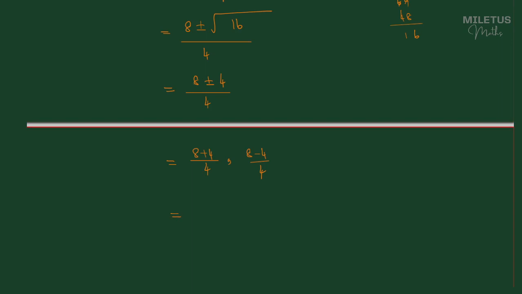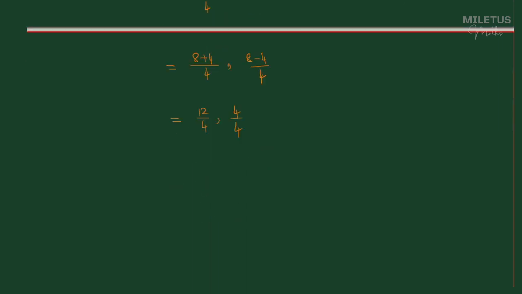So this is further equal to 8 plus 4 is 12, so 12 by 4. 8 minus 4 is 4, so 4 by 4. And that further gives you, I can cancel it out. 1 4 is 4, 3 4s are 12, so 3. 1 4 is 4, so 1. That's the idea. That means what we have found here is the zeros of